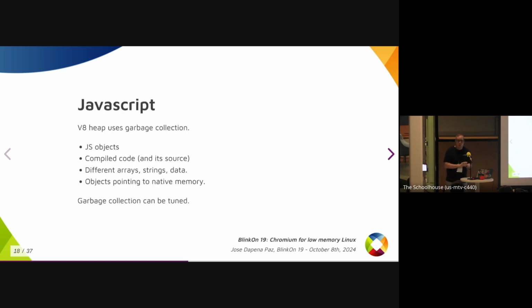Okay, and in the JavaScript world and the web world in general, we have the V8 heap. V8 heap has garbage collection, and there we have the JavaScript objects. We have the compiled code and the source code, the string representation of the source code. We have arrays, strings, data, also objects pointing to native